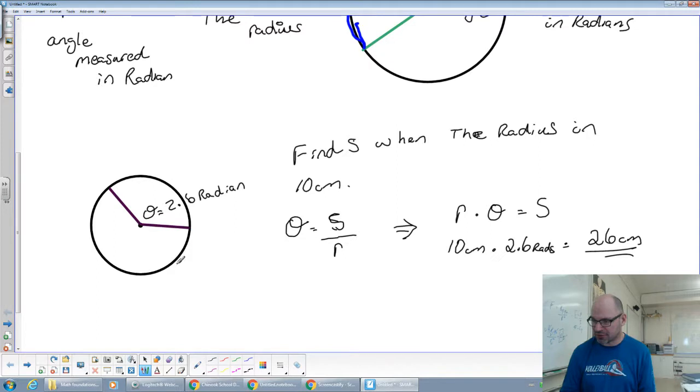So if we imagine this whole circle and that the radius is only 1, and we know that the circumference of any circle is 2 pi r, and if r is 1, then this would be 2 pi. Then our radian measure is going to be 2 pi divided by 1, which is 2 pi radians. So therefore, we know